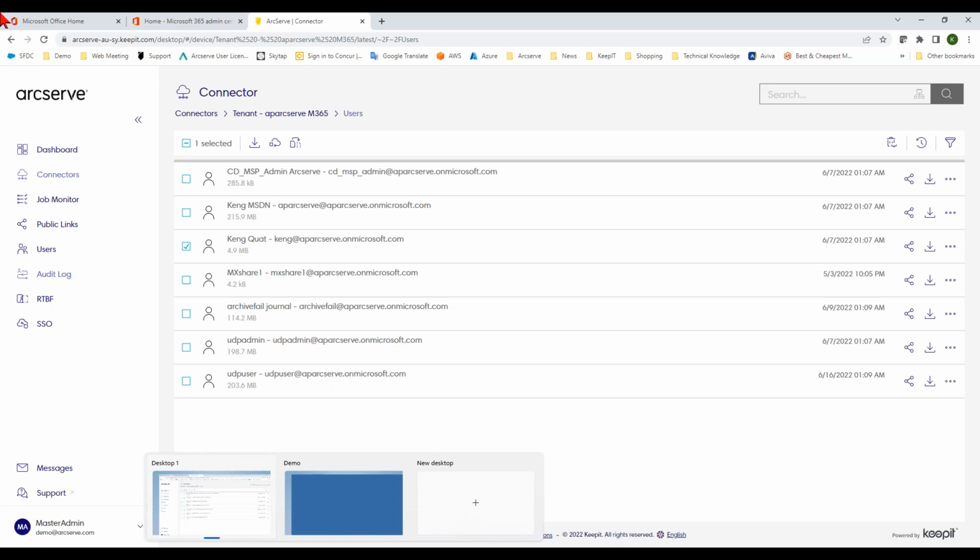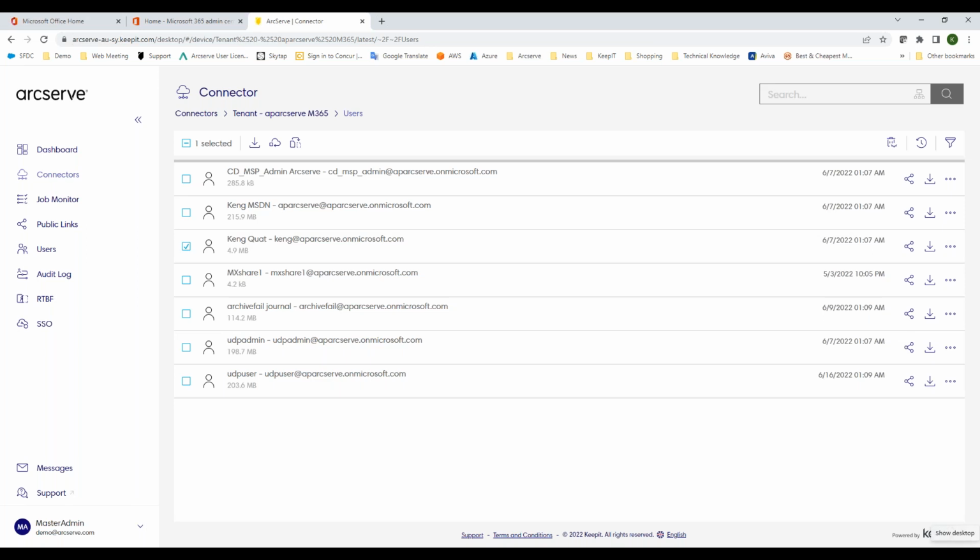But there is a possibility that you don't want to do that kind of restoration, because no matter how we do a restoration, it restores back to your M365. So if you don't want to put it back to your M365, but you still need to give the new staff access to the old staff's, the ex-employee's, email itself,